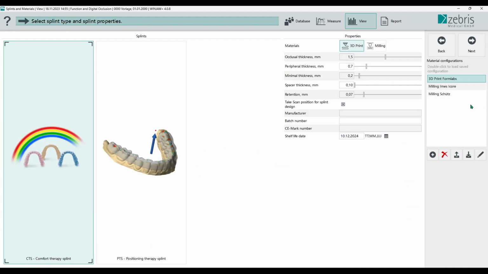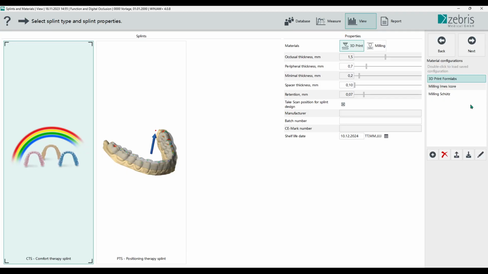Here we directly can choose which type of splint we want to do. We have the CTS splint, the comfort therapy splint, and the PTS splint, the positioning therapy splint. Also, we can manage here our material settings for our printer, for our milling machine, and we can create material properties profiles for our machines.